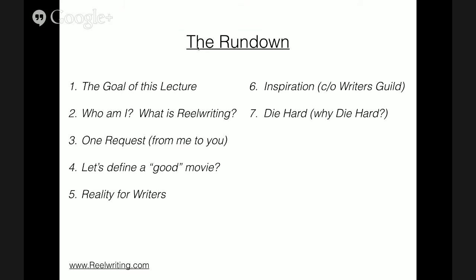Six is we're going to jump right from that to some inspiration to psych us up a little bit. Then we're going to go into the movie Die Hard. And you're asking yourself, why Die Hard? The movie's like 30 years old. I'll tell you why. Eight is we're going to show some video clips of Die Hard. We're showing them under the auspices of this is educational content. We're not here to sell you anything. We're not here to sign you up for anything. This is purely to teach you about a pattern methodology that we use at Reelwriting and how it can help you benefit your writing and reinvigorate your writing and your career.